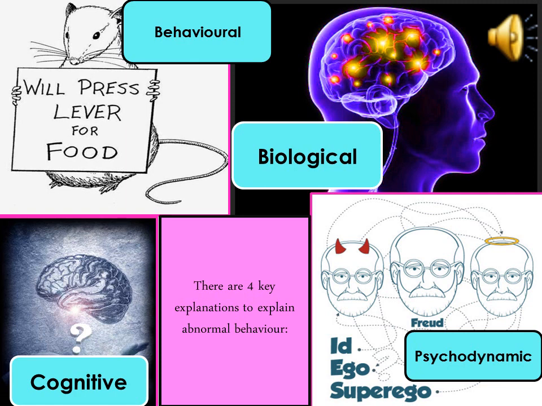We also look at the cognitive approach to abnormal behaviour, and we look at the psychodynamic approach to abnormal behaviour, which is all linked with a psychologist called Sigmund Freud, who looks at something called the id, the ego and the superego. He looks at your unconscious mind and things that you don't necessarily think are influencing your behaviour, which is very, very interesting also. So we look at these within the topic. I'm not going to really touch on them now, but it is definitely something that you can be looking into over the summer before you start here at St Mary's College.